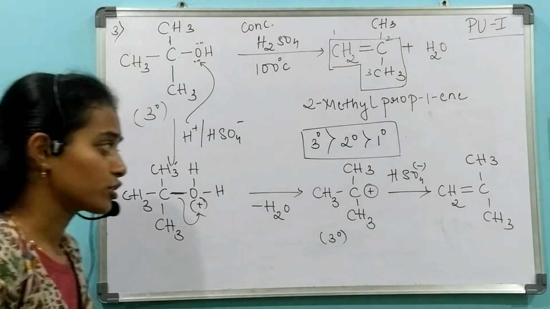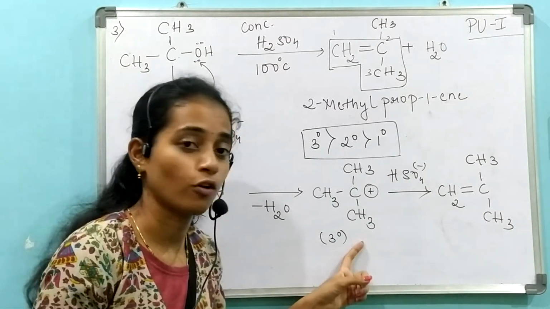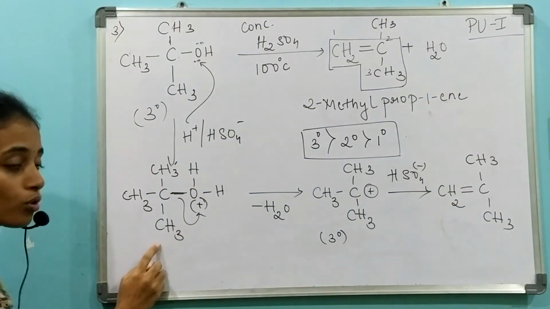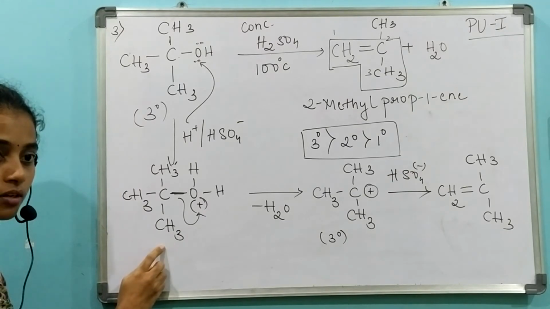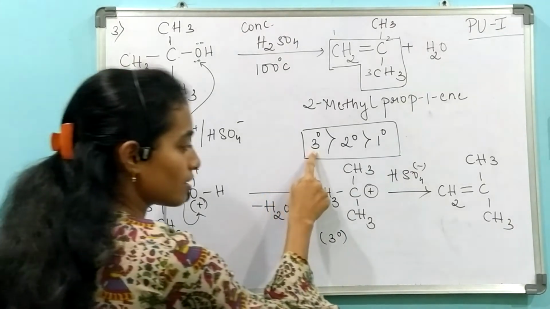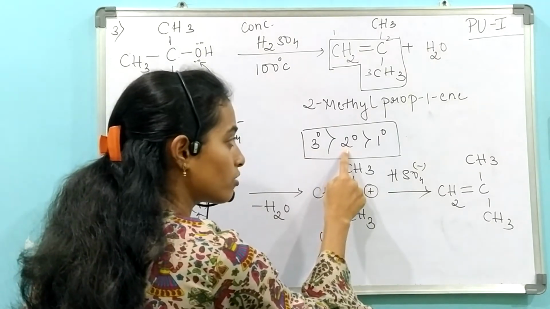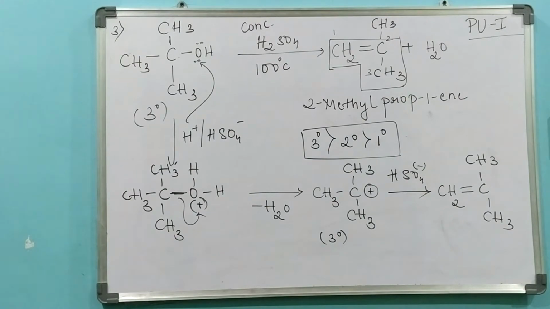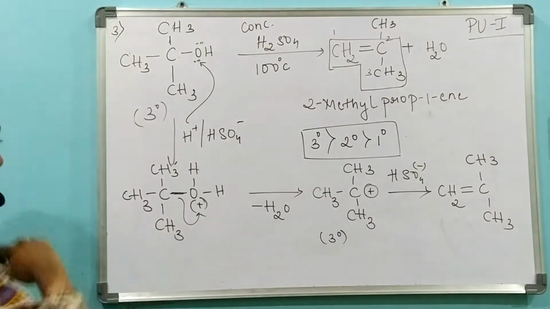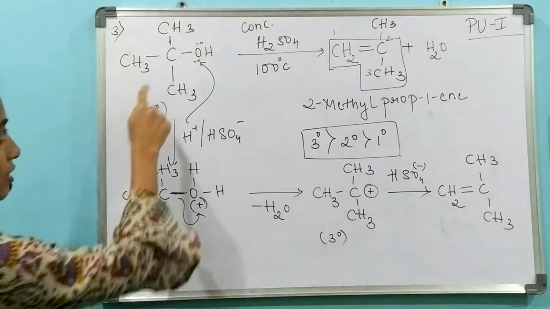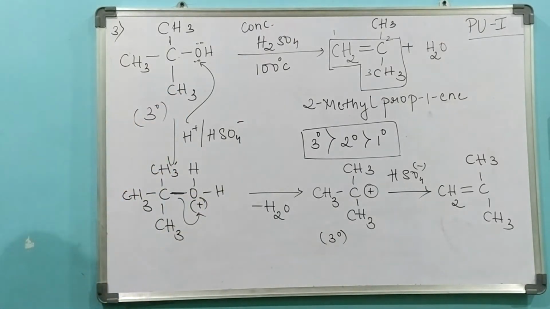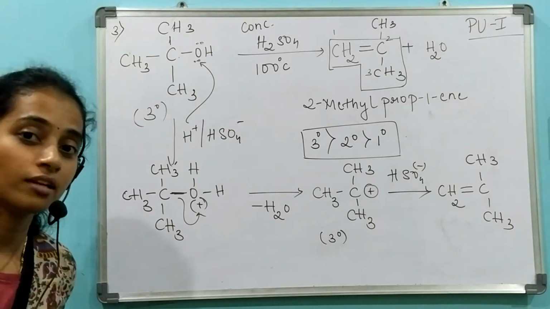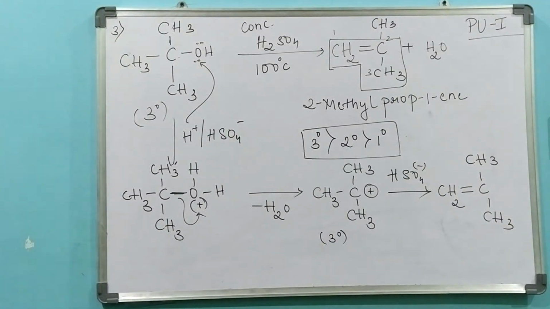Therefore, rate of reaction depends on the stability of the carbocation formed after eliminating the water molecule from the protonated alcohol. So, rate of reaction is faster in tertiary alcohol than in secondary alcohol than in primary alcohol. Rate of reaction depends on the reactant taken, and therefore you call it a unimolecular E1 elimination reaction.